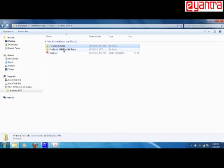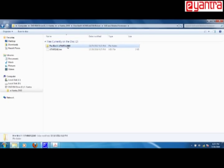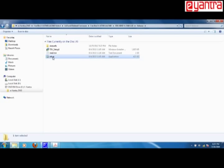e-Yantra DVD, and inside the DVD go in Firebird 5 at Mega 2560 robot folder. Inside this you will go inside GUI and related firmware at Mega 2560. Now go inside Firebird at Mega 2560 GUI. Go inside release folder. You will find a setup folder here. So double click to install this